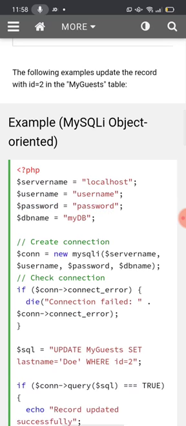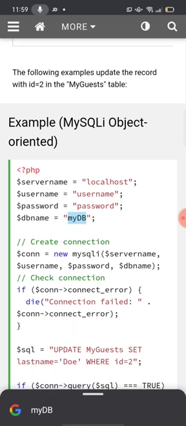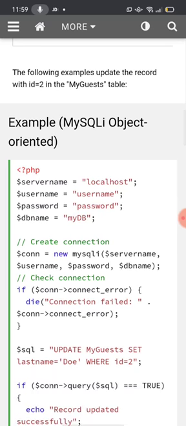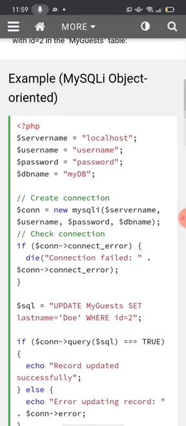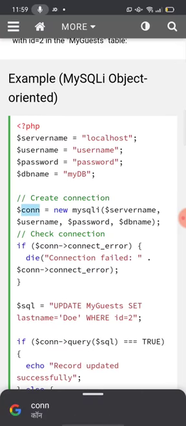Now the database name, dbname, will be myDB. Our database name is myDB. Now creating a connection: using a conn object, the variable conn equals new. What is new? New is a keyword. MySQLi, then servername, comma, username, comma, password, and your dbname.